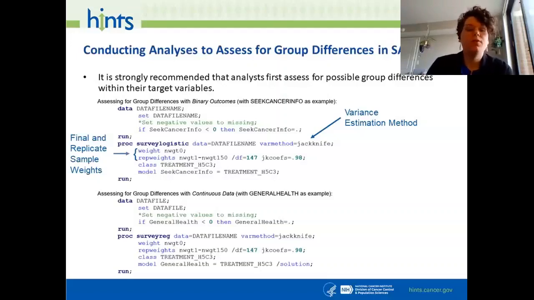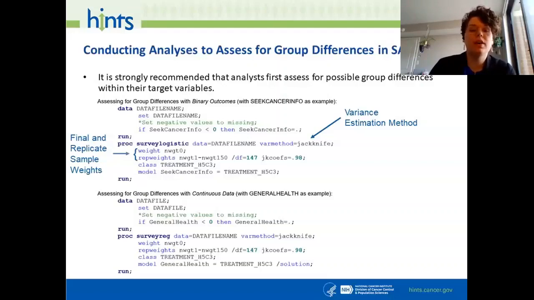NWGT150. If you're questioning how you determine how many replicate weights will be used, the way that you calculate it is by taking 50 times the number of groups. Because we're conducting analyses to assess for group differences, we're looking across the 3 different experimental groups. So 50 times 3 is 150.